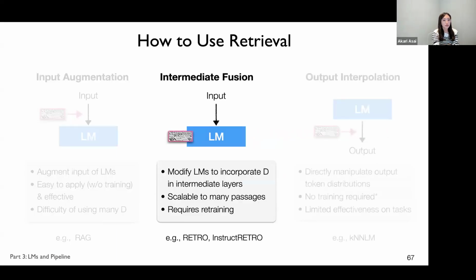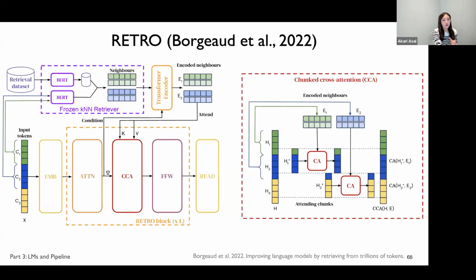So now let me briefly talk about two different approaches, or alternative architectures, of retrieval-augmented language models that address those challenges. One approach is intermediate fusion, which takes many retrieved documents in intermediate space. In this RETRO paper from DeepMind, basically they change the original transformer block to have a new chunked cross-attention layer. This one sits between the self-attention and feed-forward network in each transformer block. By adding this new block, they can take many retrieved documents as embeddings to enhance the hidden representation